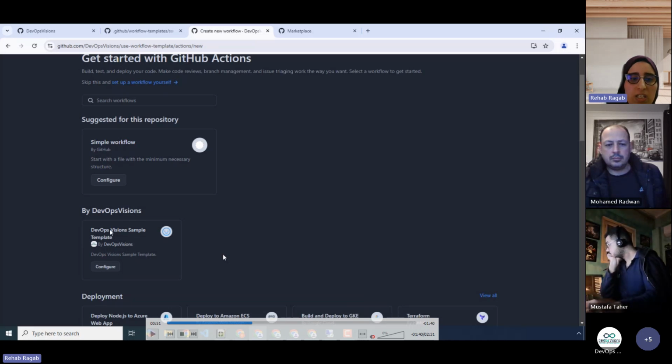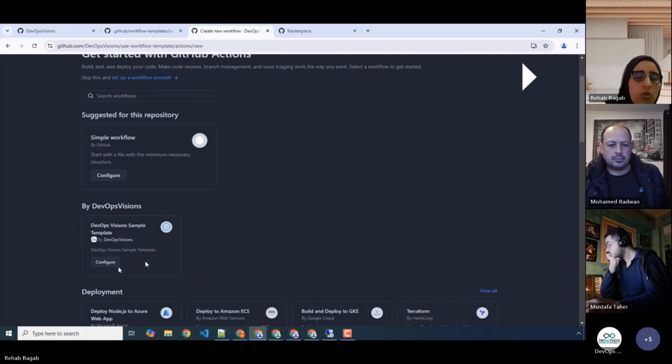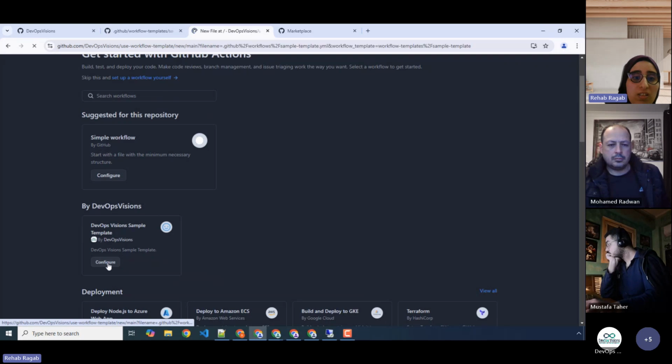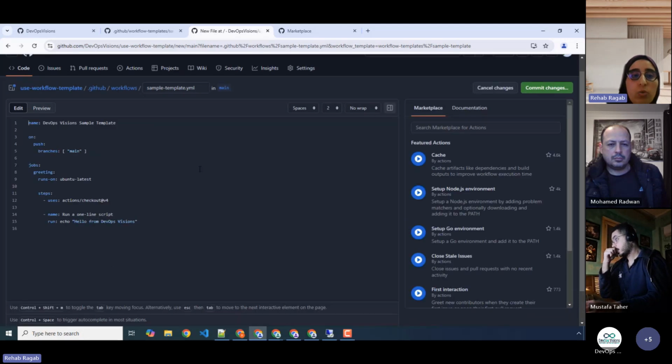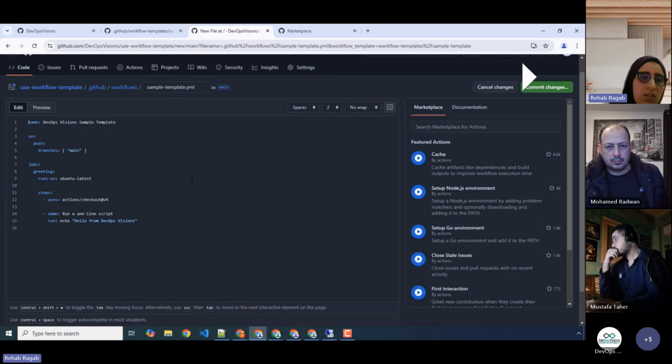It has the name and all these properties from the properties JSON file: DevOps Visions sample template. This is the name, description, and also this icon.